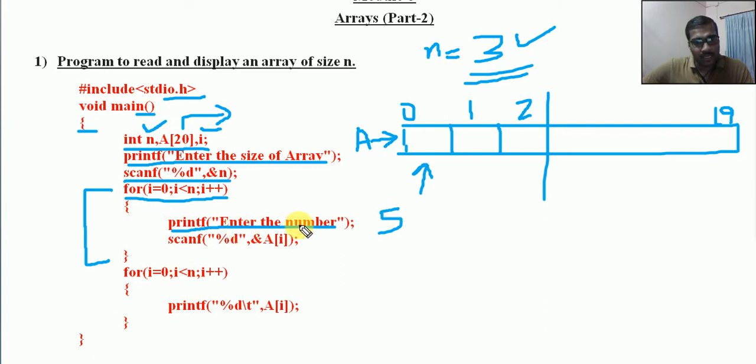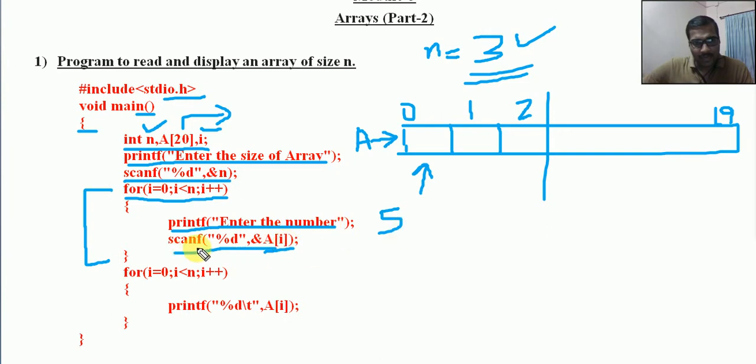Okay, so this is only a text, but how are we reading? For entering this value 5, we need to have this scanf operation. Just like a normal variable, you will write scanf %d ampersand x or ampersand y or ampersand a, etc. But now we want to read the values for the first memory location. So what is the name of this location? It is a of 0, right? Index starts with 0. The 0th location, that is the value a of i.